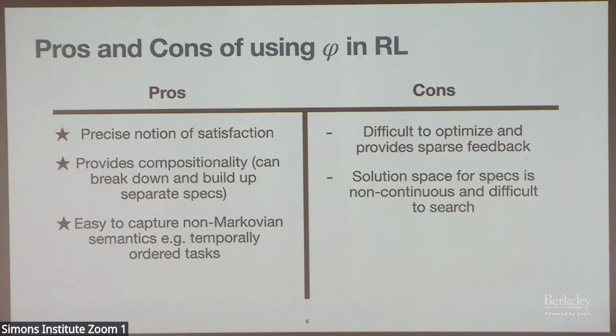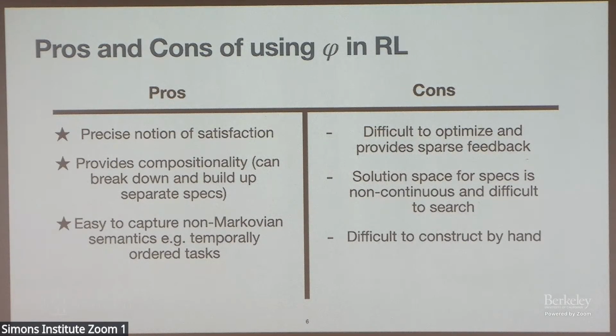Another issue is that if I'm searching through the space of specifications, say I'm considering many possible ones as my target for learning, and I want to adjust or change it, it's not like I have a continuous space where I can do some sort of gradient descent or search through it very efficiently. It's difficult to search through this often non-continuous, discrete space of possible specifications and solutions. And that makes things sometimes hard when I'm trying to figure out the right form of the objective I want to use to train my agent.